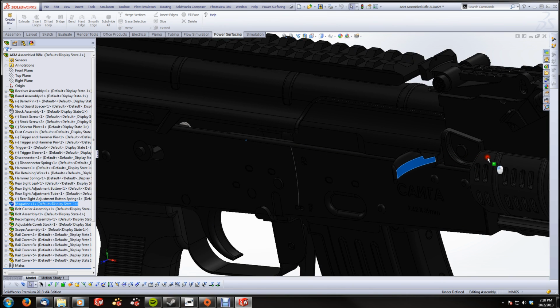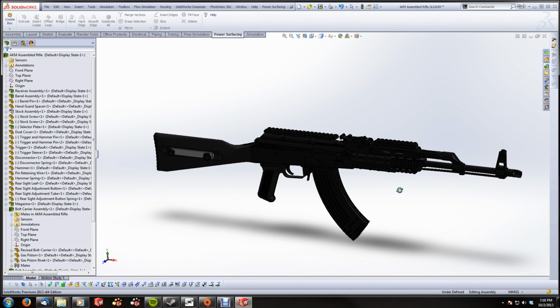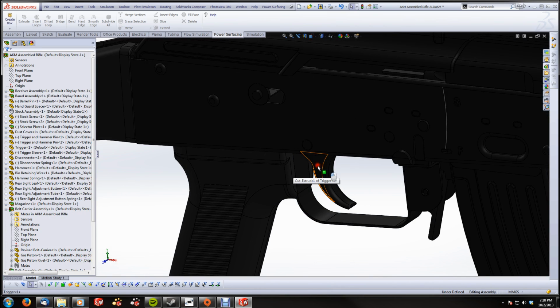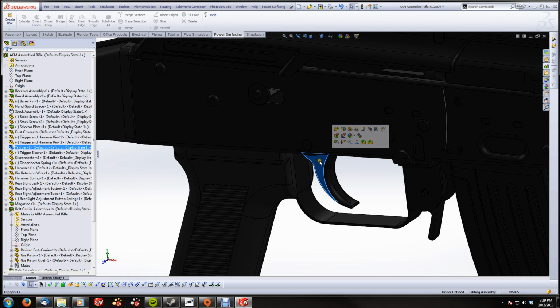Now, one thing that you can do inside of a main assembly is you can make main or subassemblies flexible. And what I mean by that is if you have mates, like let's say I want this trigger to move, and that's not going to do that right now because it's not actually part of my receiver assembly. So if I do that,